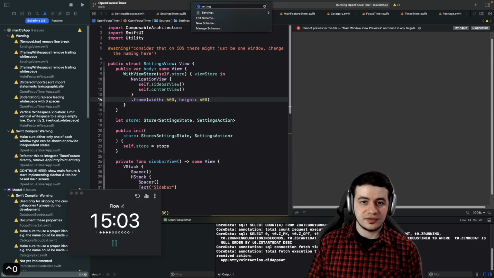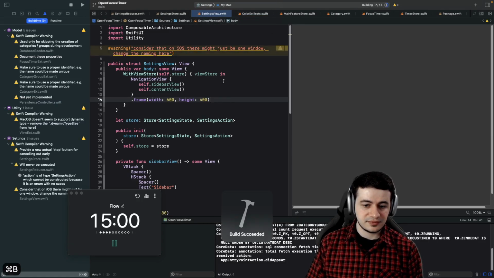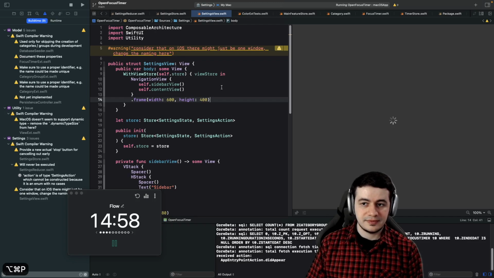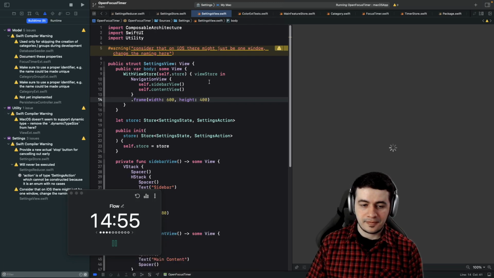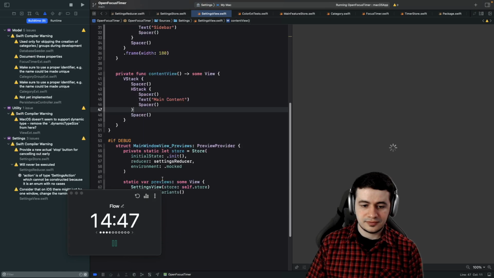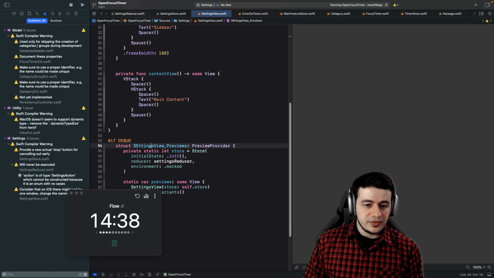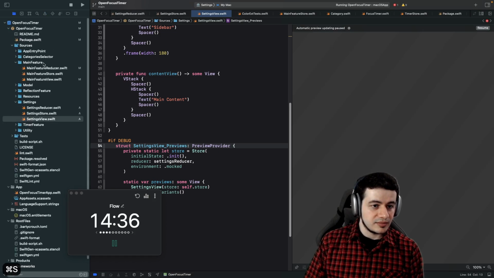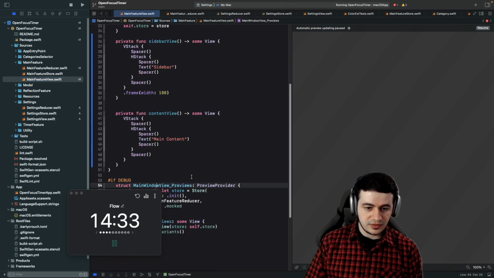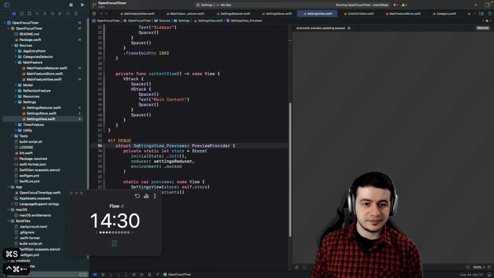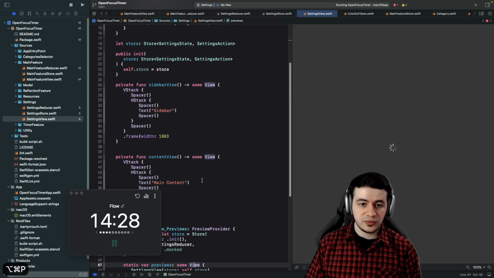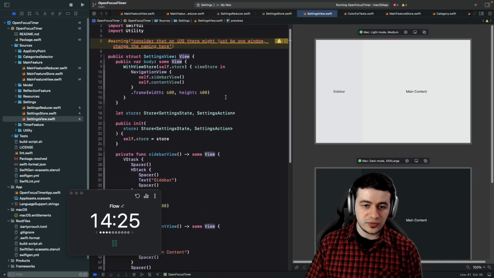Okay, now we should have the settings. Yeah, there we go. Let's see if it builds. It does build. Let's see a preview. Oh, we have forgotten to rename this. Settings view previews. And we have the same issue here. It's still called window, where it should be called feature. There we go. So settings preview, and this should look exactly like the main view because we have just copied